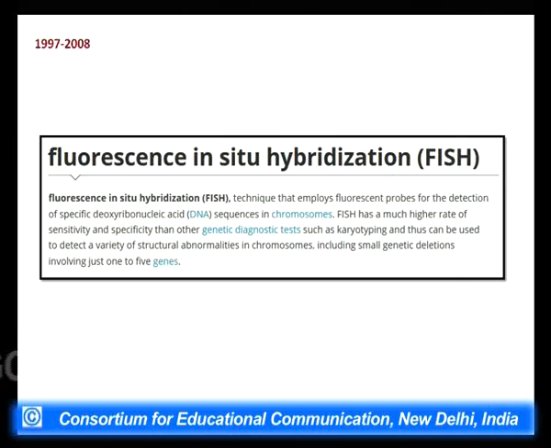The next major discovery came up in the year 1997, which was called fluorescence in situ hybridization. As the name suggests, fluorescence tags are attached. In situ means in position or at that particular point, and hybridization is where we use some probe to hybridize to that particular point. In this method, instead of taking out the DNA, RNA or protein from the samples, we take up this cell as a whole, and we can analyze this cell as a whole and its chromosomes within a cell